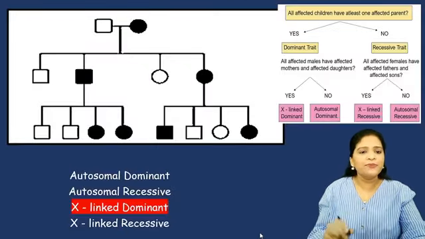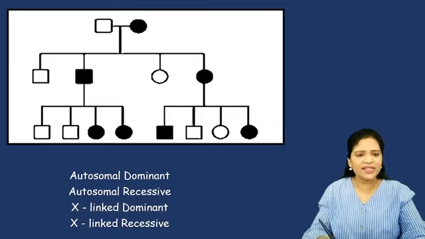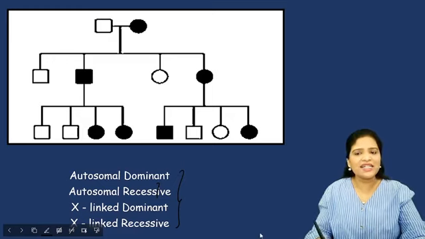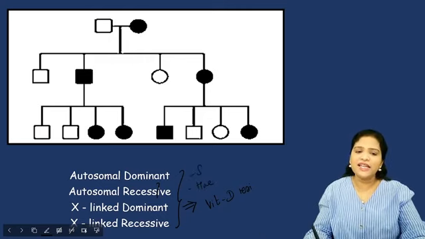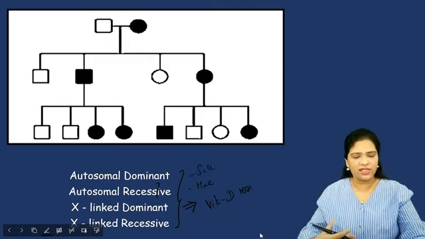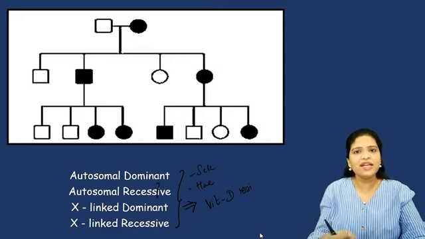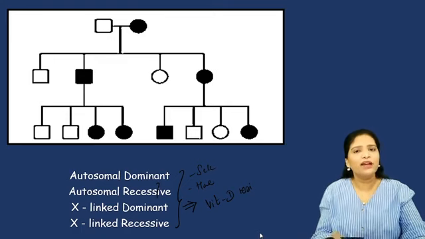For example, if a question is like this, instead of being given like this, they will give the names of the diseases here. So this is an X-linked dominant, right? Instead of X-linked dominant, they may give you vitamin D resistant rickets, hemophilia, sickle cell anemia, Tay-Sachs disease. So find out the type of the disease. First you apply the formula and find out what type of inheritance pattern this is. Then you look at the examples and see which example comes under that inheritance pattern. This is how we have to answer the questions.